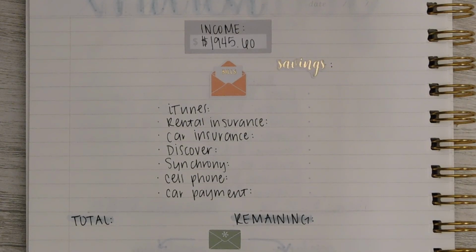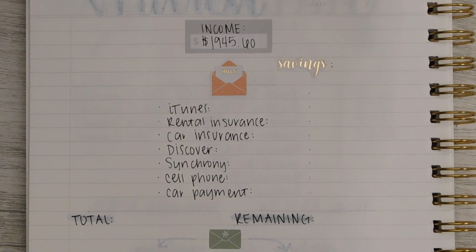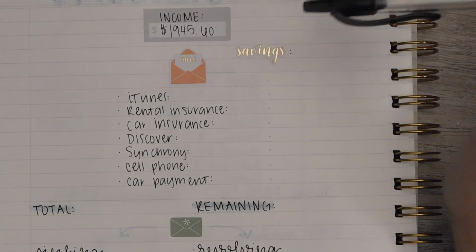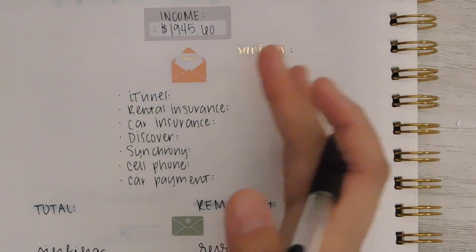So I get a lot of questions about why I don't have certain bills on certain paychecks. I've explained this before, but basically I split my bills in half. So the first half of the month, from the 1st through the 15th, I pay all the bills that are due during that time with the paycheck I get for the beginning of the month, and then the second paycheck I get of the month, I pay all of my bills that are due from the 15th through the end of